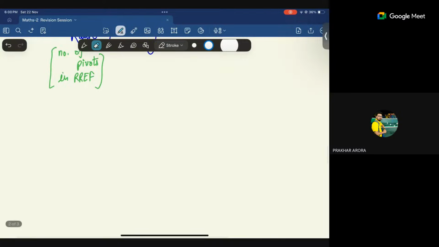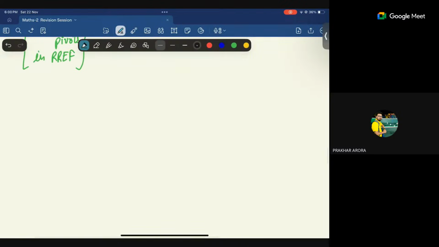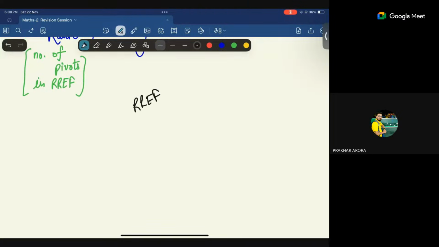Now, I think the discussion on null space is done. Yeah, Lawrence. Somebody else also raised a hand earlier, sorry, I forgot about that. Any doubts here? What is RREF, if you don't mind? RREF, I cannot explain here, it will take very long and go in the wrong direction. It is the reduced row echelon form.